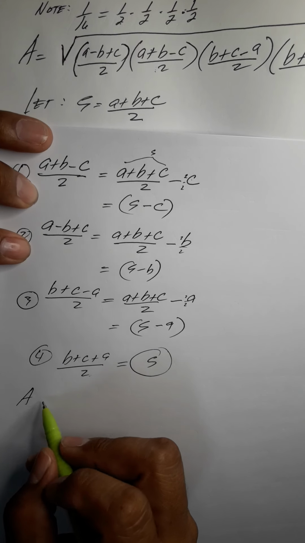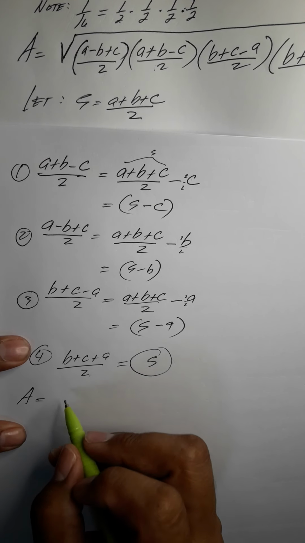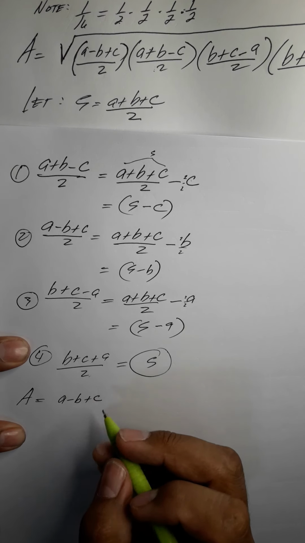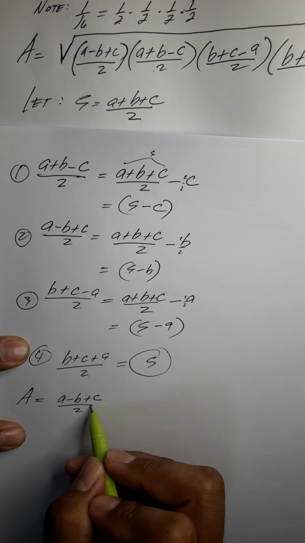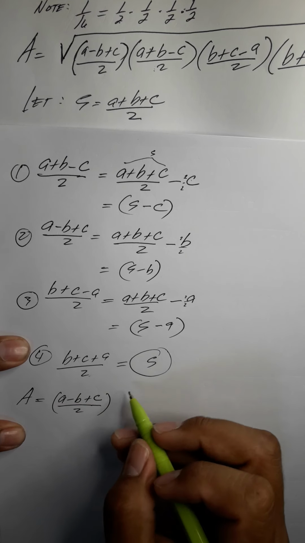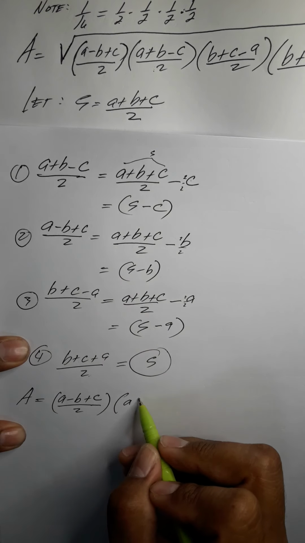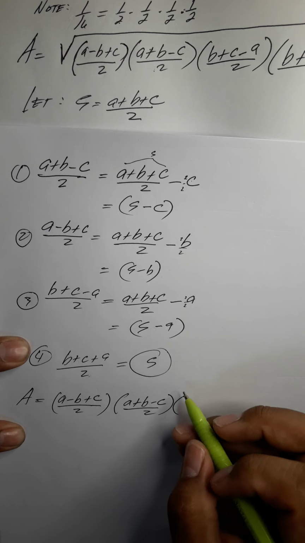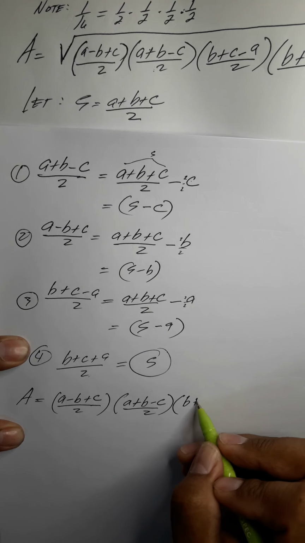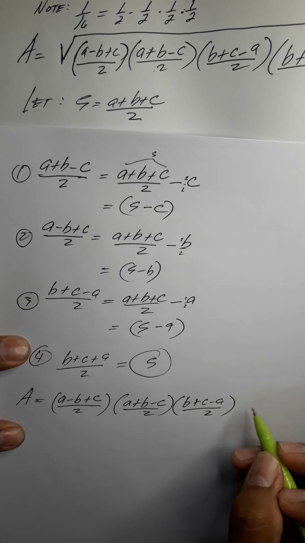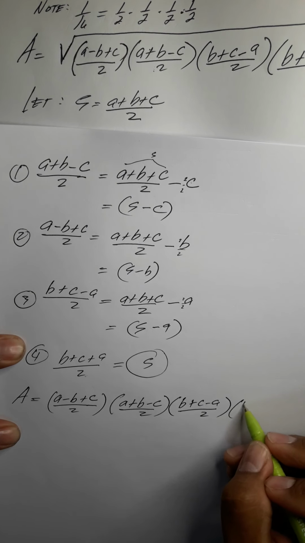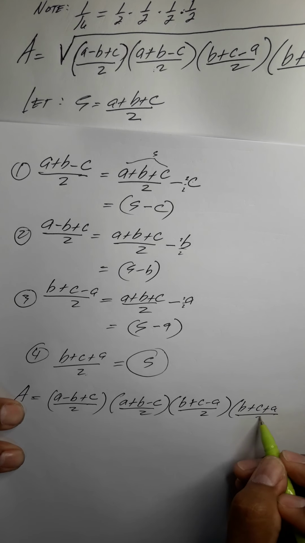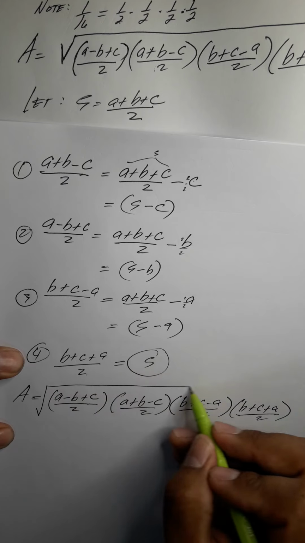So A is equal to A minus B plus C over 2, and then A plus B minus C over 2, and then B plus C minus A over 2, and then B plus C plus A over 2, square root. Okay,